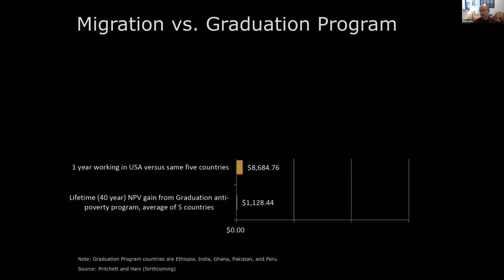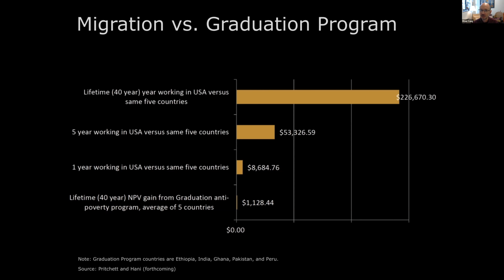Just 1 year working in the US versus one of these home countries yields gains that are almost an order of magnitude larger, about $8,700. And then if we think about even more years spent in the U.S. labor market, the gains just become phenomenal, and there really is no comparison. So 5 years working in the U.S. versus these same 5 countries leads to gains exceeding $50,000, and then a lifetime, 40 years working in the U.S., leads to gains of close to